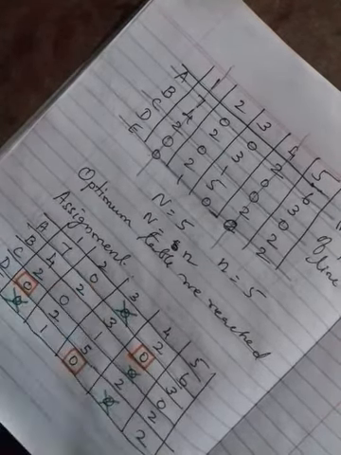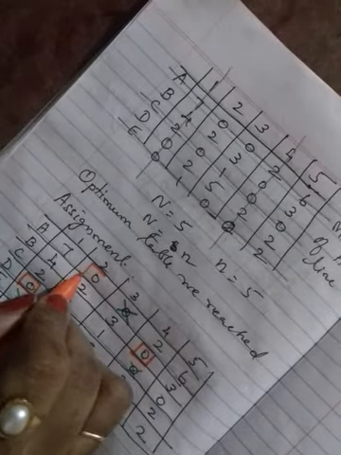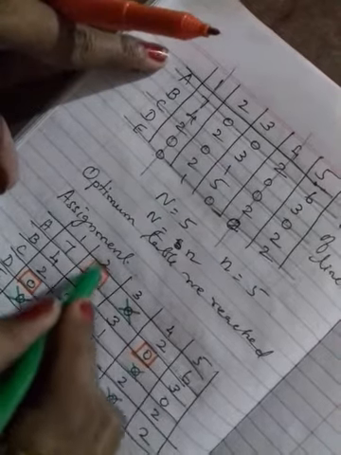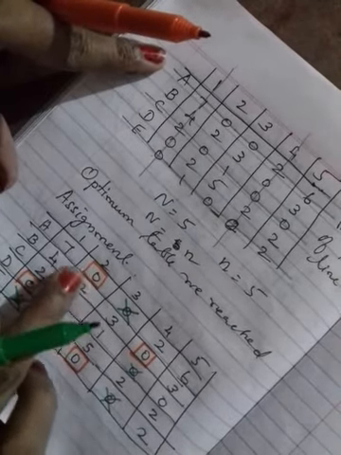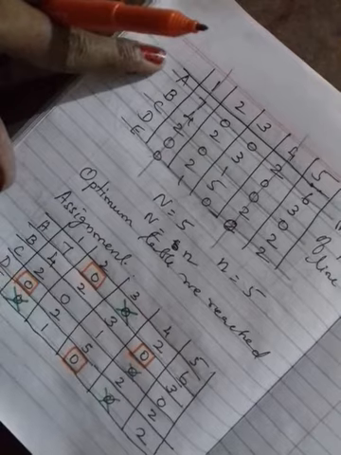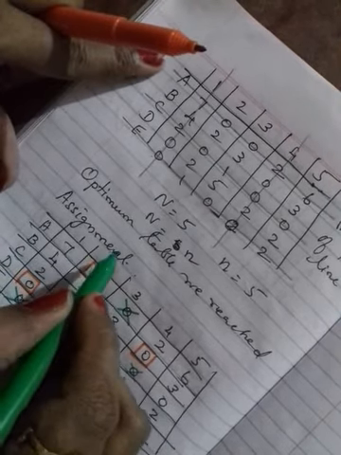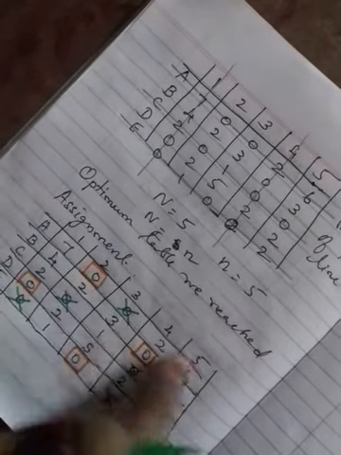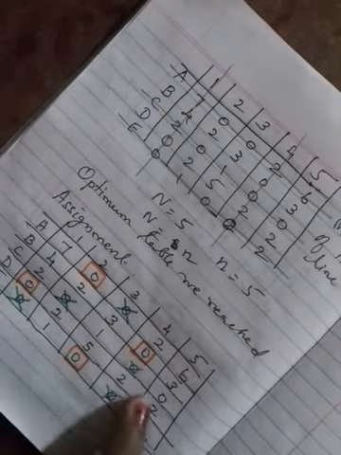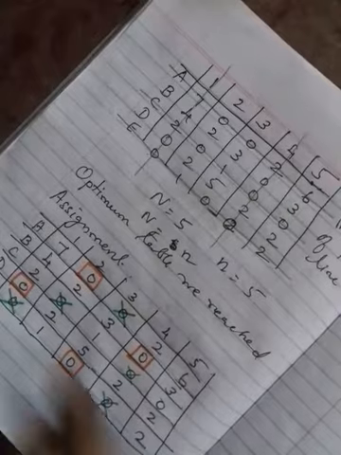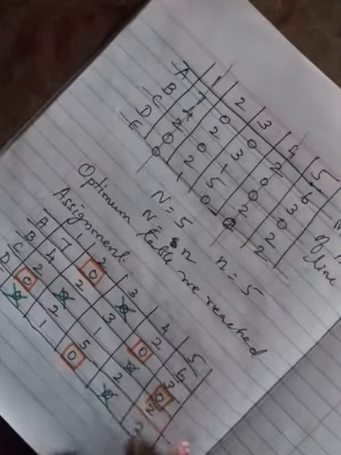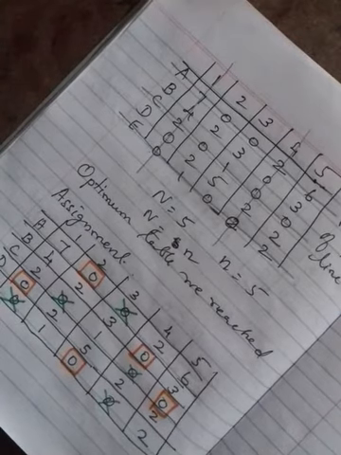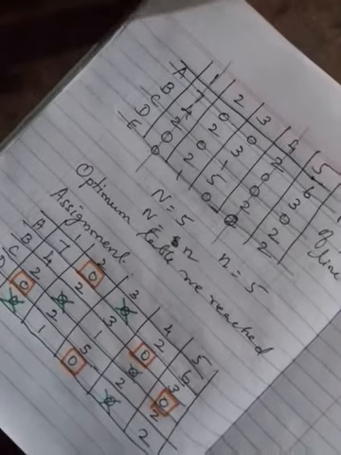See here, one 0 is there, so you can assign. In this particular row I got only one 0, so I put a box here and assign there, and the remaining 0s I put a cross. Then again you check, do you have any other single 0? Here one single 0 is there, put a box. Do you have any other 0? No.